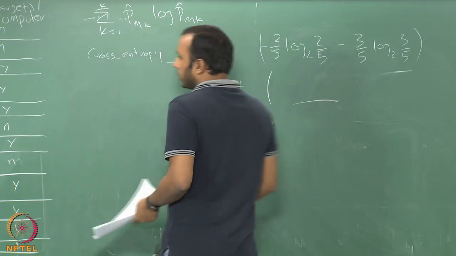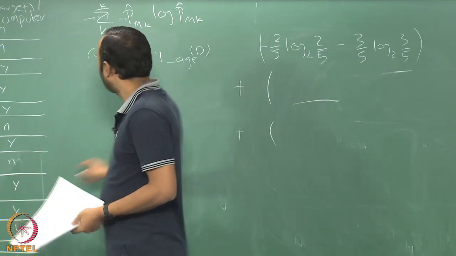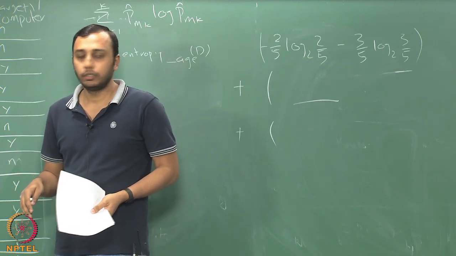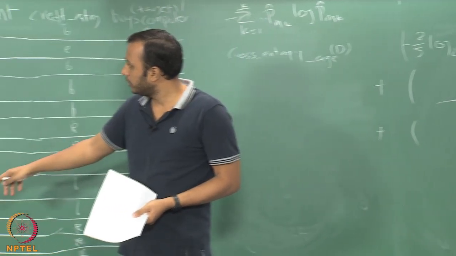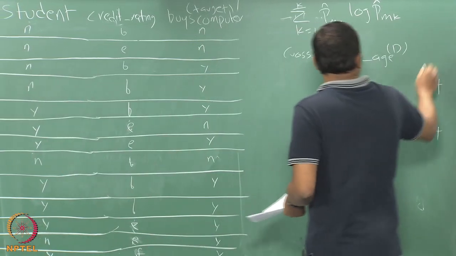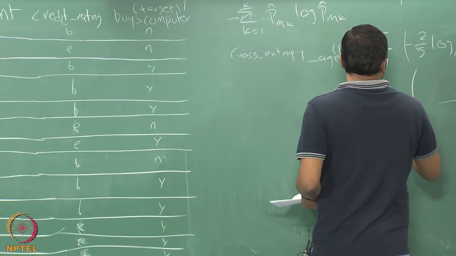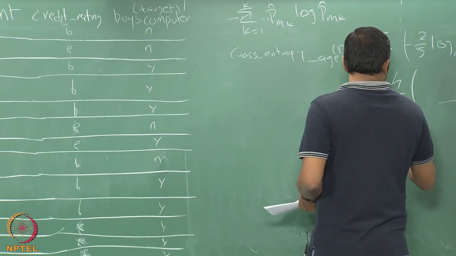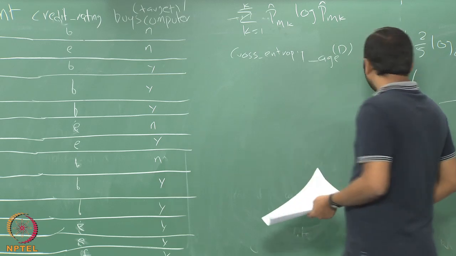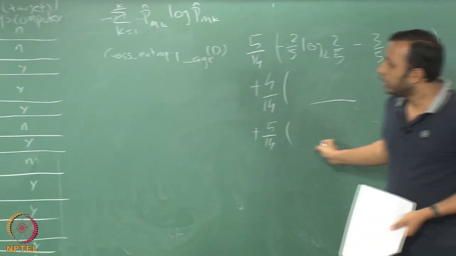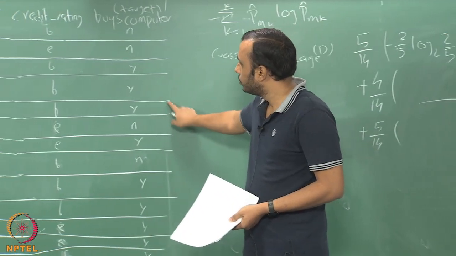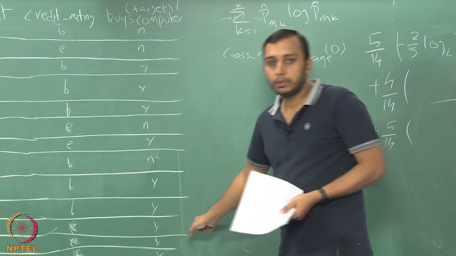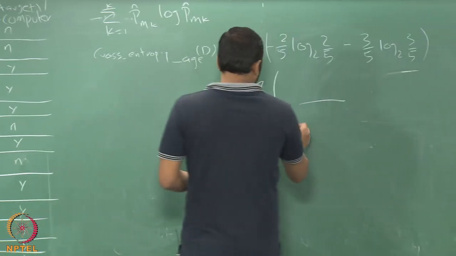Plus the senior, and while we are doing this, we also have to weight it according to the number of data points that go down that branch of the tree. In this case, there are 14 points, of which youth there were 5. So we'll have 5 by 14. For middle age there are 4 points, and for the remaining it's 5 by 14. How many are there for senior, if you can calculate that? We have 1, 2, yes, no, the same 3 and 2 split. So we'll have